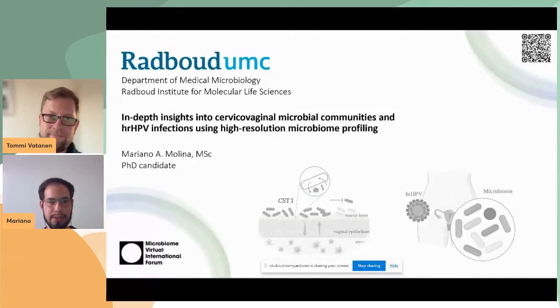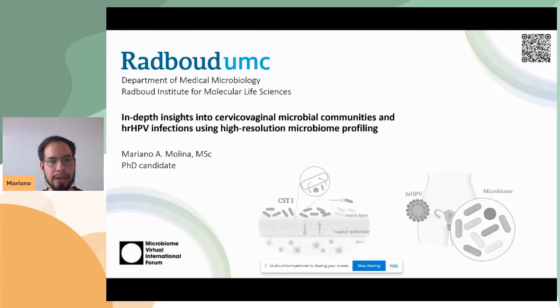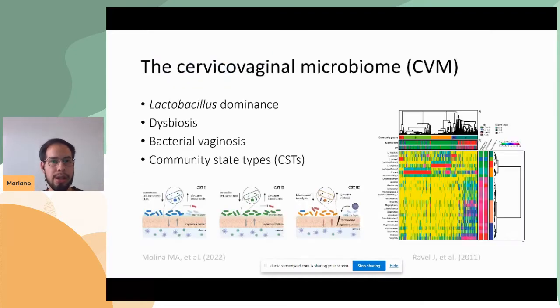Hey everyone, today I'll be talking about the application of the technology circular probe-based RNA sequencing (ciRNAseq) to get insights into microbial communities and HPV infections. About the cervicovaginal microbiome: in healthy cervical conditions, the microbiome is characterized by Lactobacillus dominance, and a change in this composition causes dysbiosis. An example of this is bacterial vaginosis, which is characterized by overgrowth of Gardnerella vaginalis and depletion